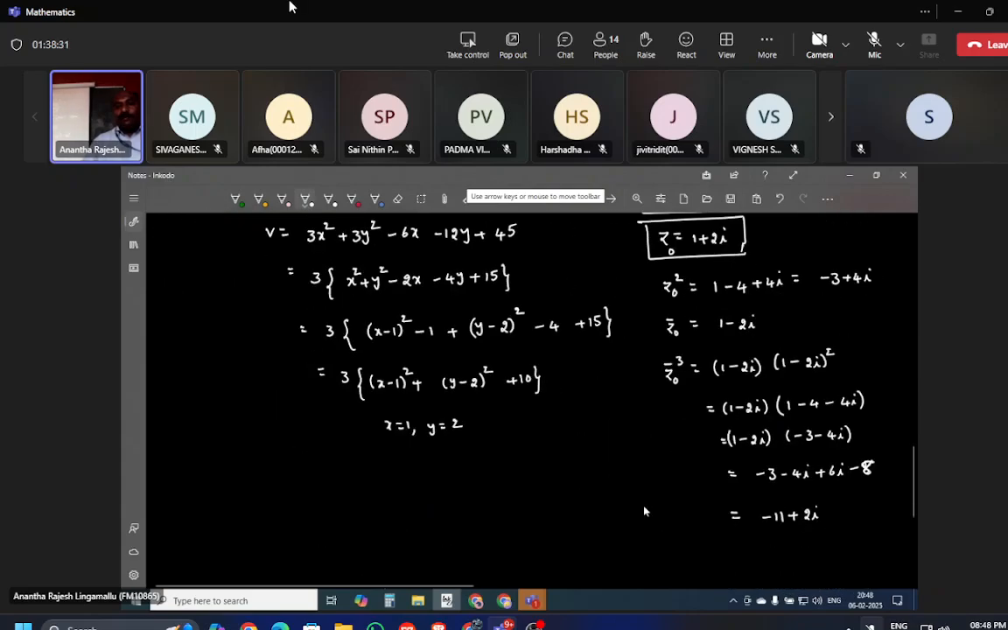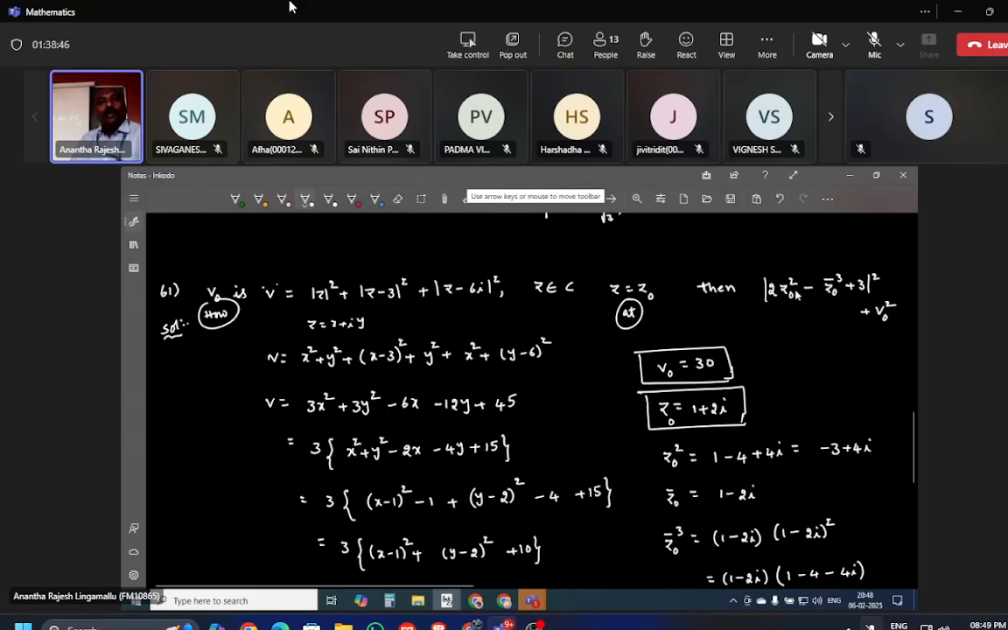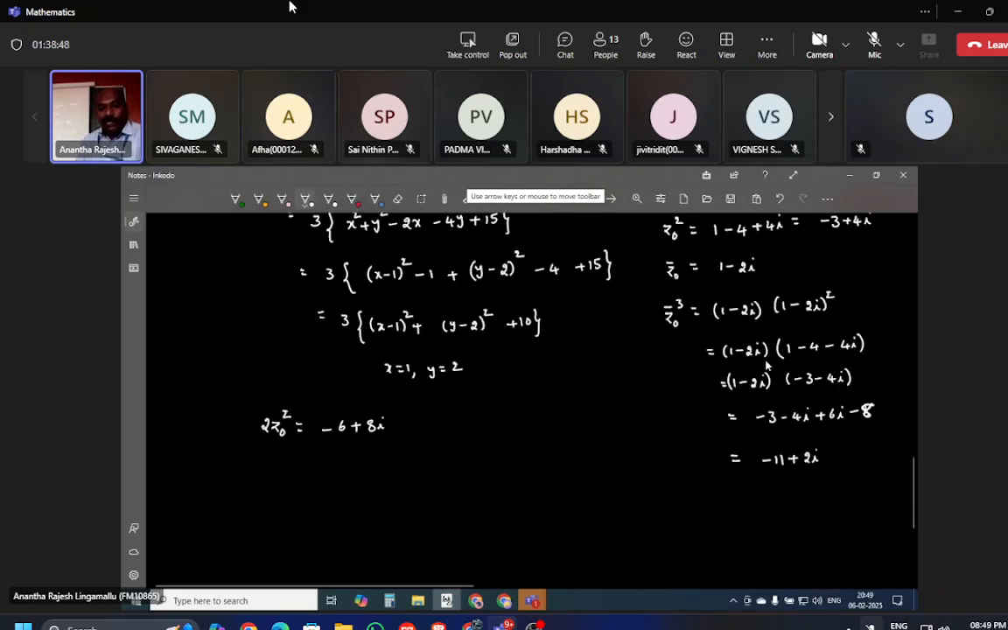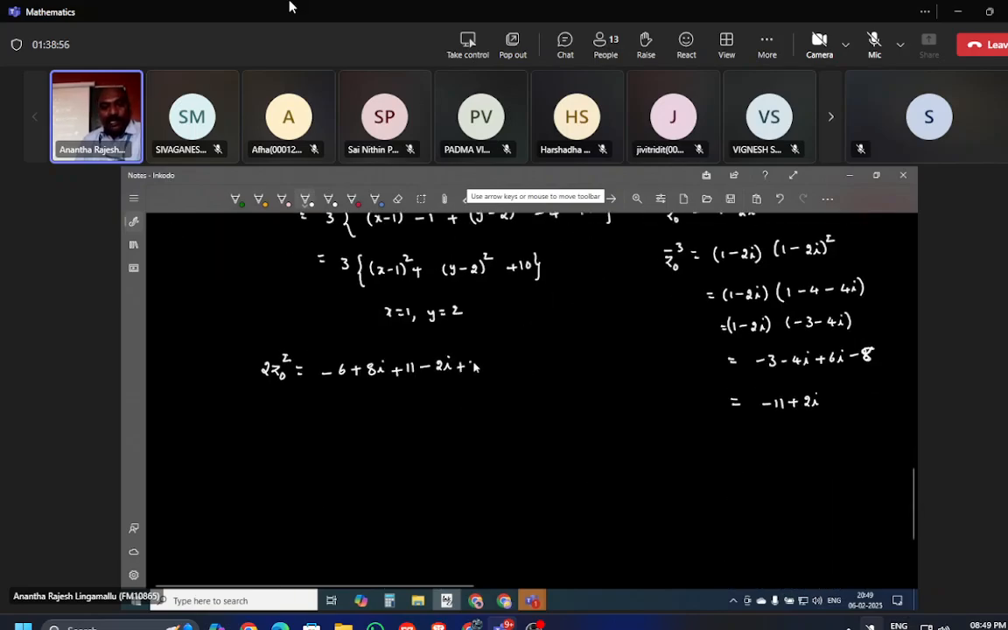So let's keep it back. What is 2z naught square? 2z naught square is minus 6 plus 8i. 2z naught square, correct or not? Next, minus z naught bar cube, that is plus 11 minus 2i, and finally plus 3 plus 3 for this mod. This is the thing they are asking, for this mod